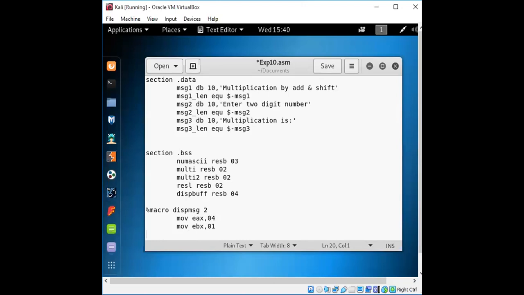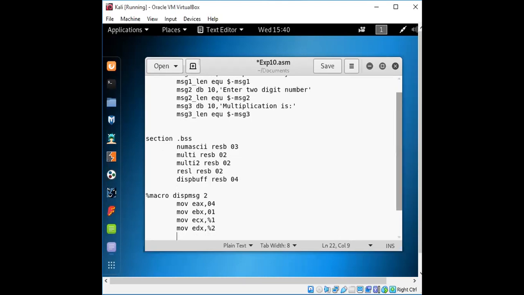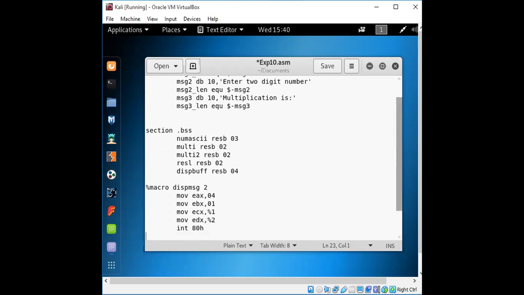Okay, so this is for display. So ECX, comma, first operand, second operand. Okay, and take the decimal value. So that is for the end of the macro display.